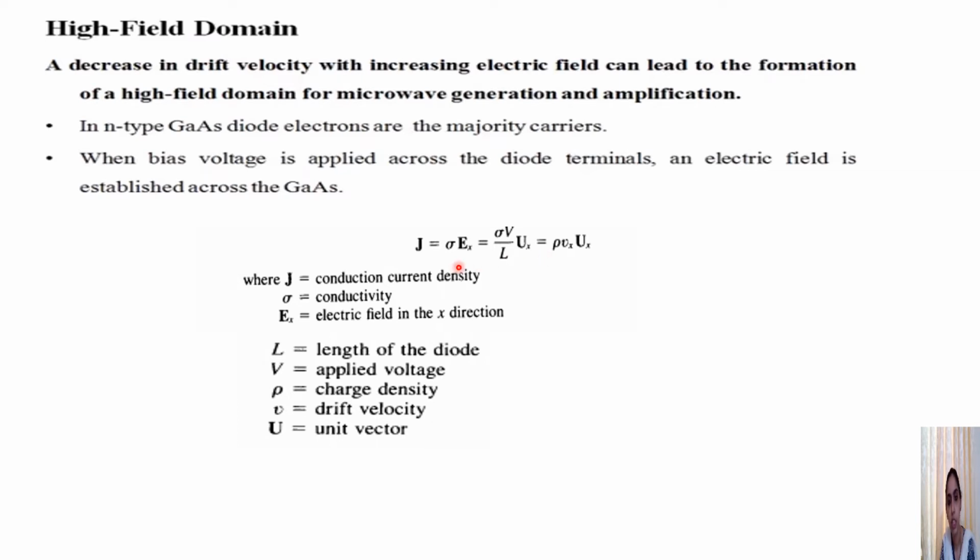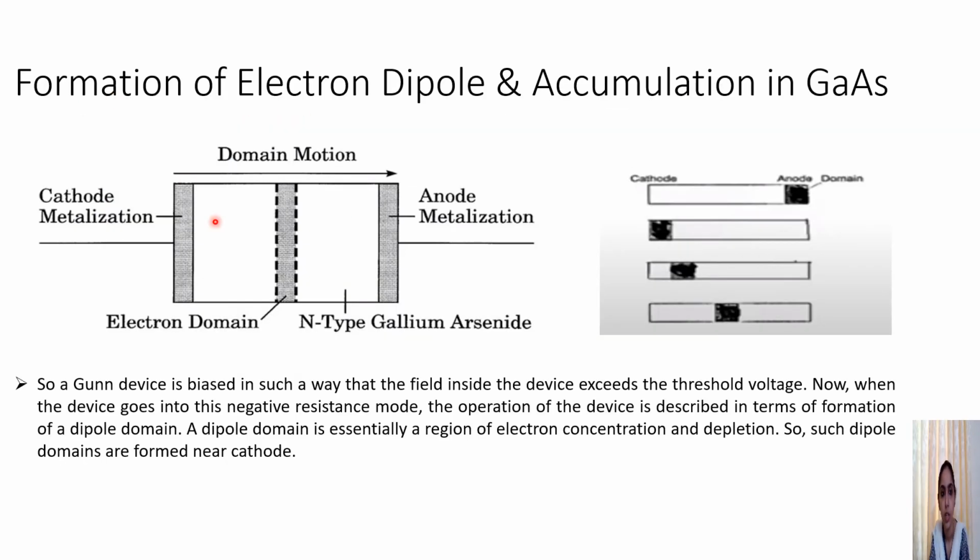So this is a condition which initially exists, that is, before the threshold electric field is applied in our specimen gallium arsenide and it enters the high field domain region. So when we are considering here a gallium arsenide sample, an n-type gallium arsenide sample, as I told, in the active layer we will have a domain formation.